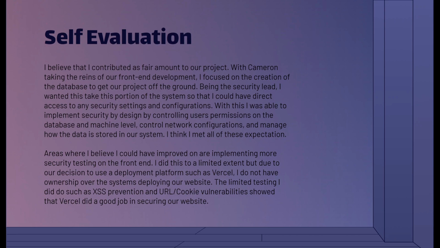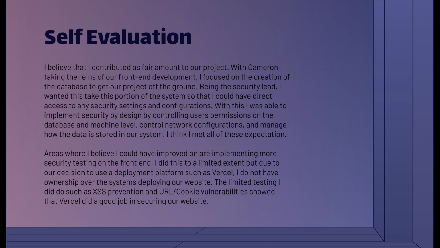with that. Some areas that I think I could have done a little bit more in was with our security testing and some of the code review. I did some code review to see how some things were being handled on the front end as far as variables go and how those were getting inserted into our database. But as far as the testing goes, there was only so much that I could do with our web servers